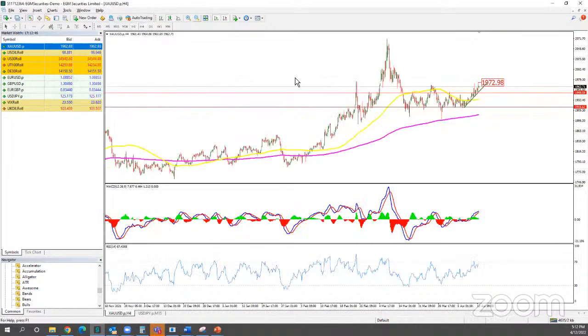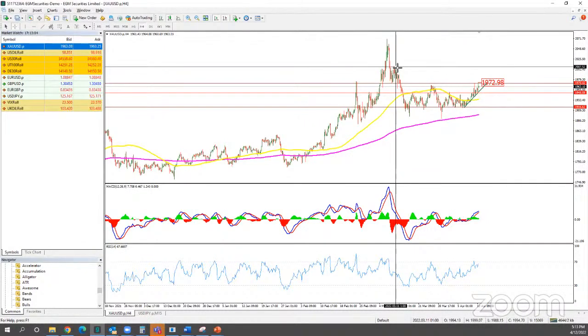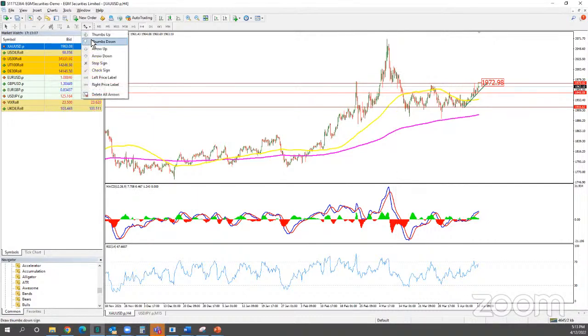If you look at it from this side, you can see we are at a very important resistance level here, this area. This area almost 3 times retraced from it. So after defeating the 1972, the next level will be near the 2000 mark, which is 2007. So let's put a mark over here so you can see it clearly. Here, this area is the next level after the 1972. There was a high over here, almost immediately retraced back from it. And now we're seeing prices actually testing this level.